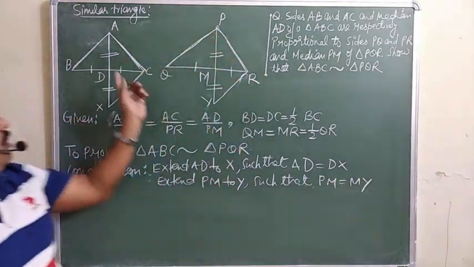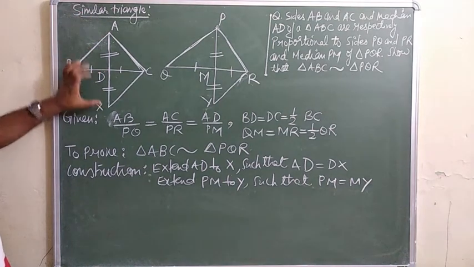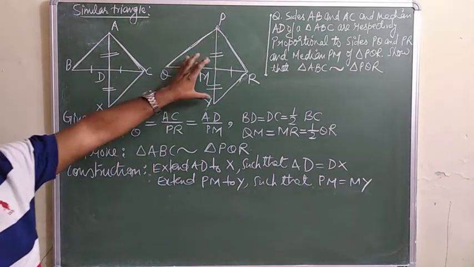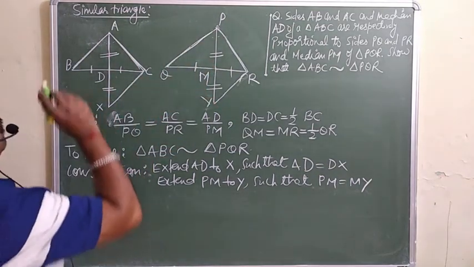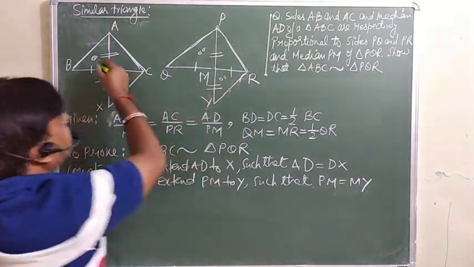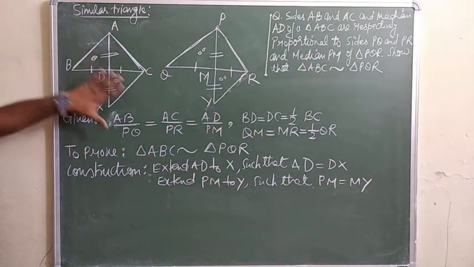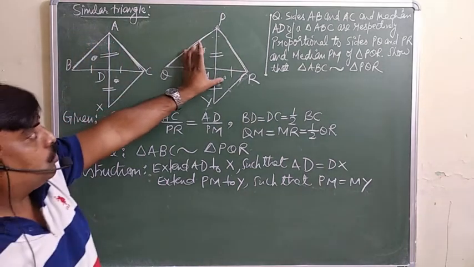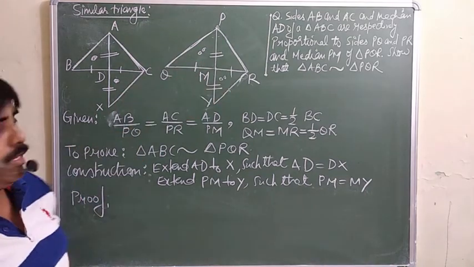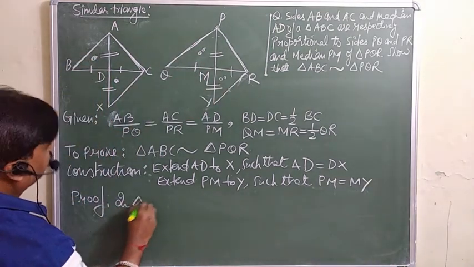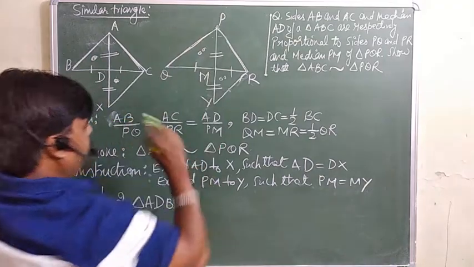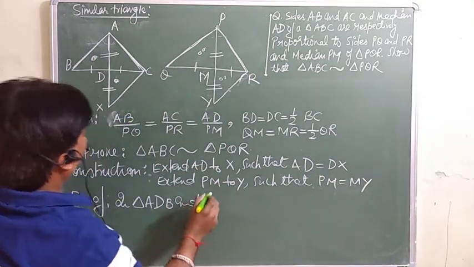So what we are doing is extending this side AD up to X whose length AD must be equal to DX. Similarly, this PM must be equal to MY. Now see what we will do. We take these two triangles and these two triangles, and we are supposed to make them congruent. So we can create a relation between AB and XC. So look here now. I am taking this one, and for the other we will write similarly. So in triangle ADB, because our target anyhow is to make angle A equal to angle P, and triangle XDC.